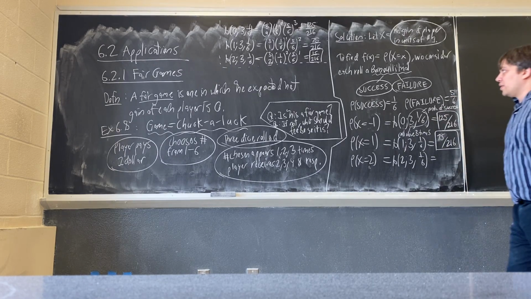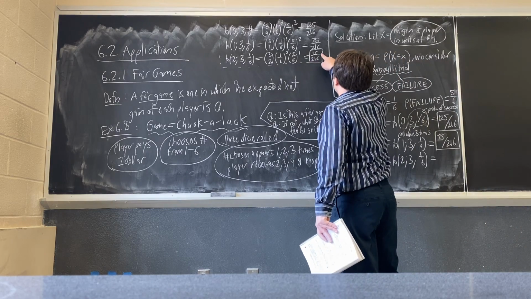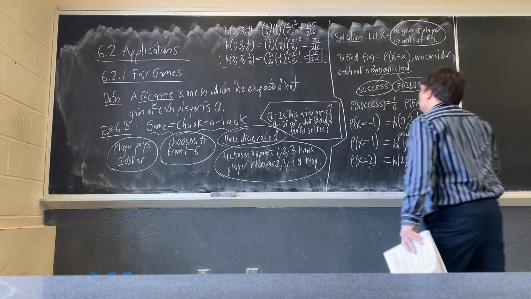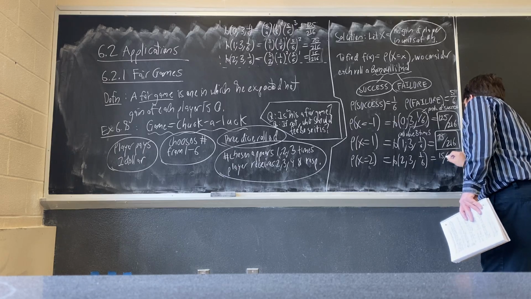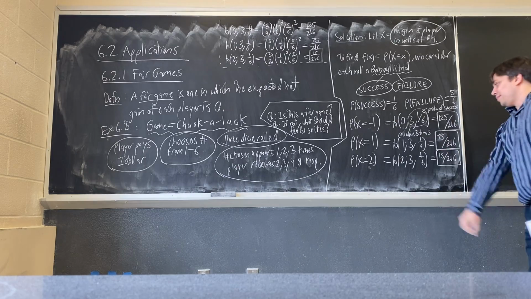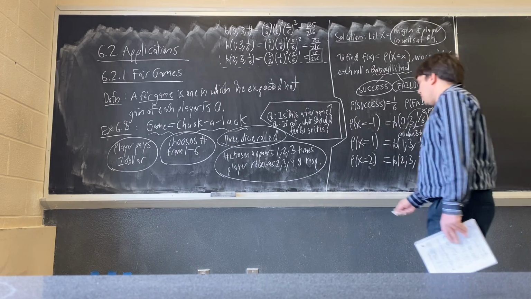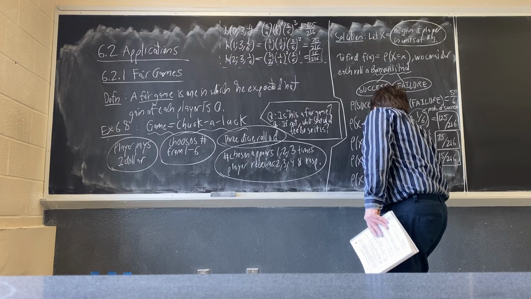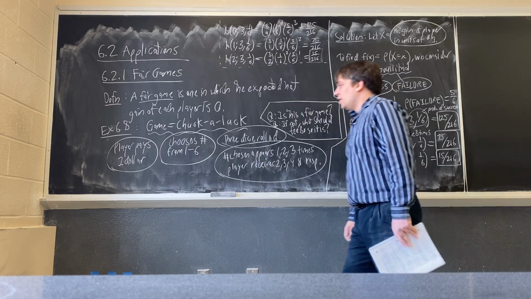Oh, I boxed it there. Okay. So this is 15 over 216. Okay? Now the probability that x is equal to 3, the probability that your net gain is 3 is you